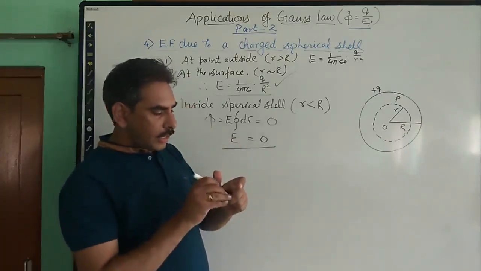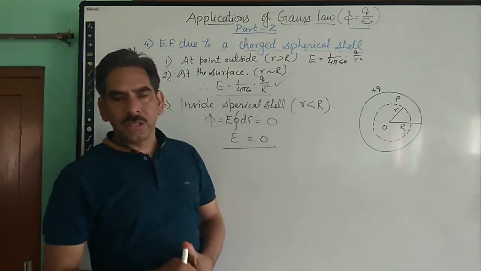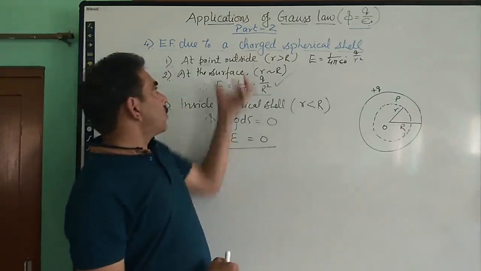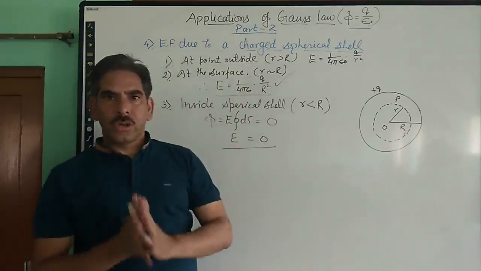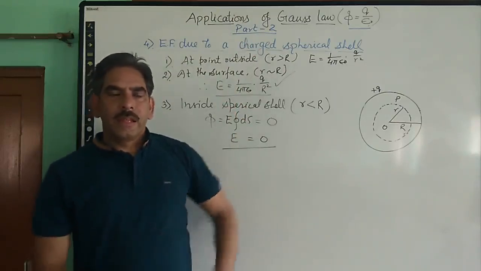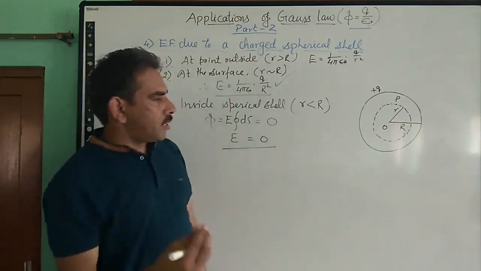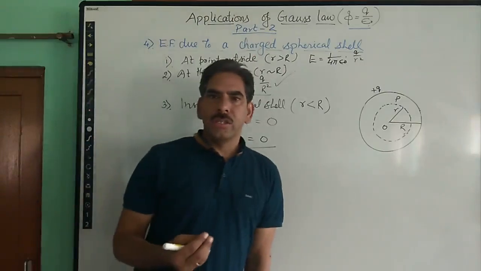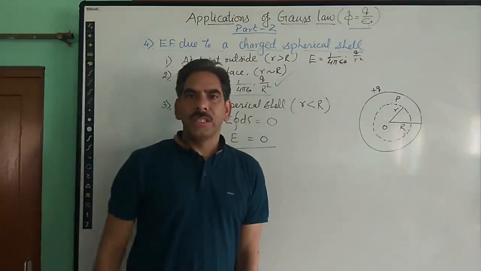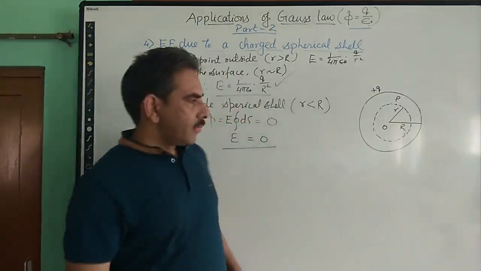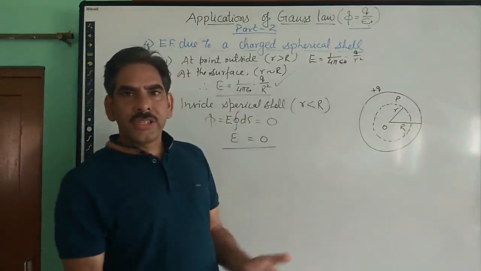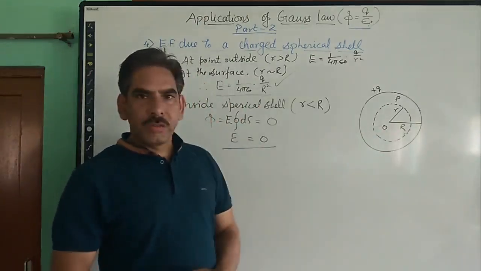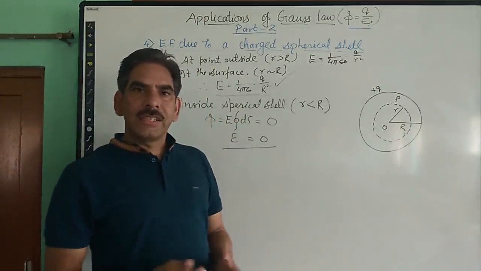So if there is a question why the electric field inside a spherical shell is 0, you can also answer this by the concept of Gauss law, because according to Gauss law, the total flux through a Gaussian surface is always equal to the charge enclosed per unit permittivity of the medium. In that case, because the charge enclosed is 0 in the case of a spherical shell, hence we can say that the electric field inside is 0.